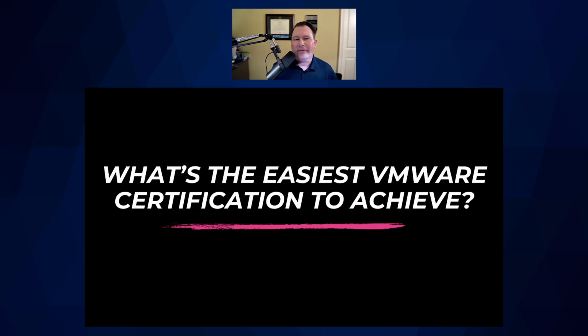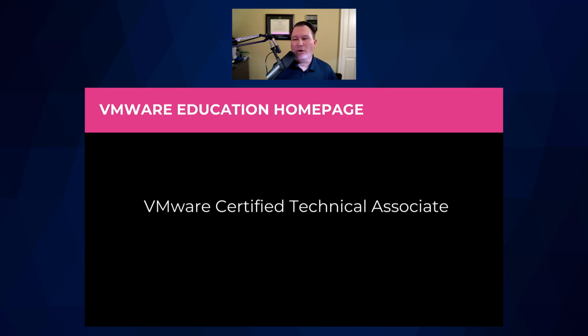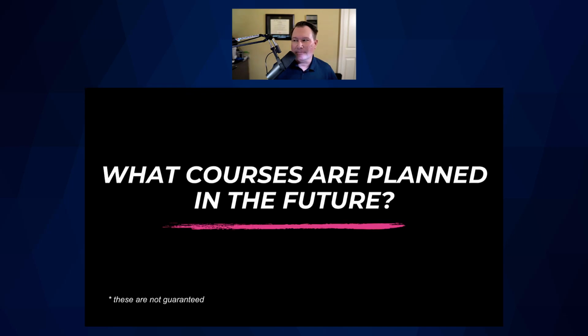What's the easiest VMware certification to achieve? I must say the VMware Certified Technical Associate. If you're new to VMware, you want to get started, you want to have a VMware credential on your resume or your LinkedIn page, you want to be able to give it to your boss as justification for a raise, start off with the VMware Certified Technical Associate. On the other hand, if you have VMware at your company, you have a little bit of experience with vSphere, and you're willing to overcome that barrier to entry to take a VMware education class, then the VMware Certified Professional is the way to go. You don't have to start off with the VCTA.